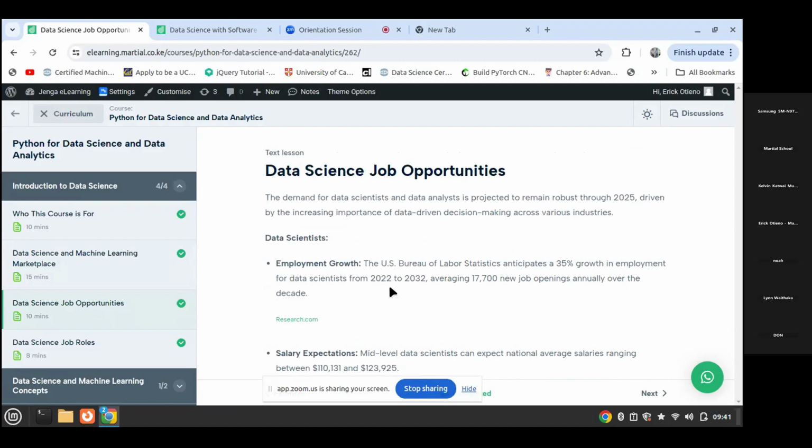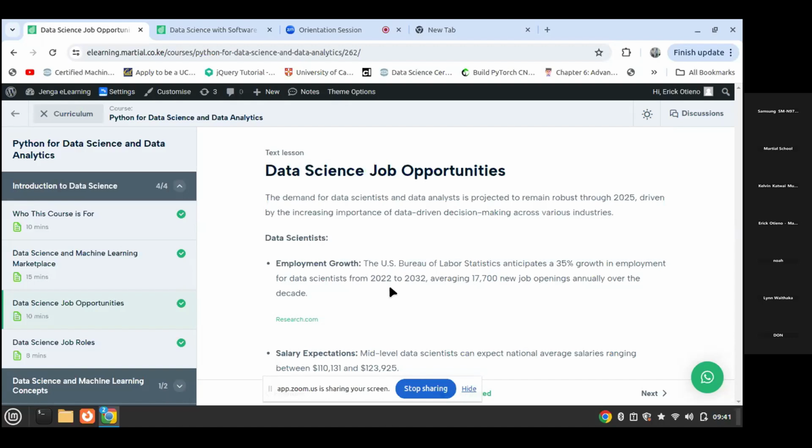So according to the job market, the demand for data scientists and data analysts is projected to remain robust, especially from now into 2025, because this is actually driven by the increasing importance of data-driven decisions across different industries.